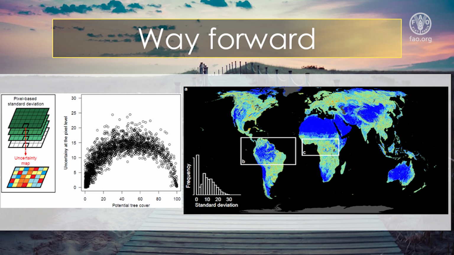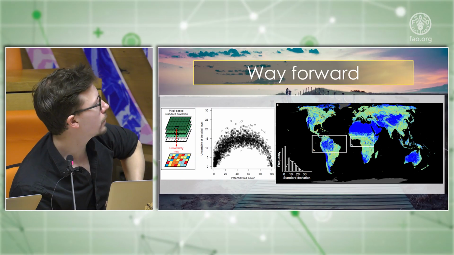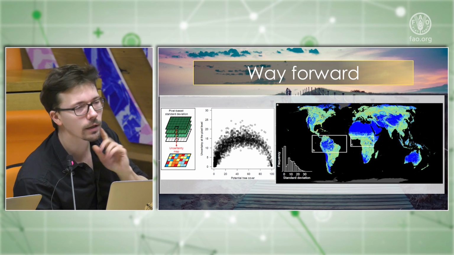But the thing is that you can see in some regions, the regions in yellow, you have a lot in savanna systems, in the Cerrado and in the Miombos in Africa and also in other parts of the world. But you have a lot of those yellow regions in those savanna regions.